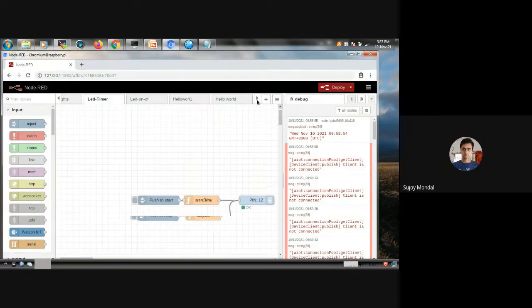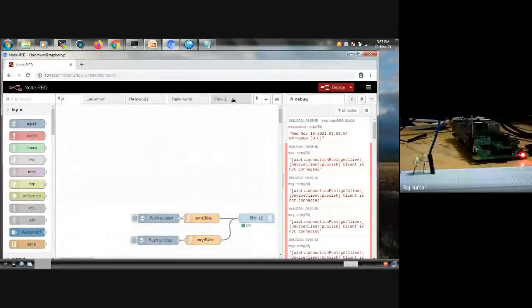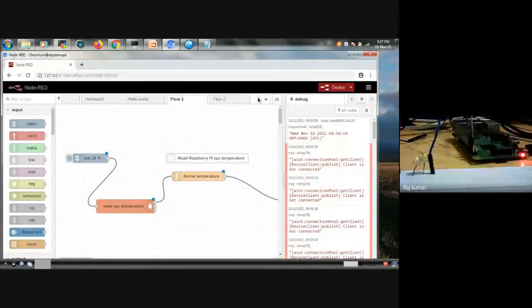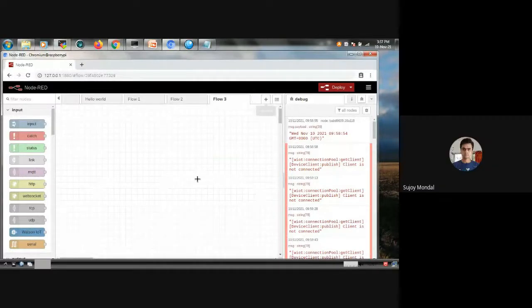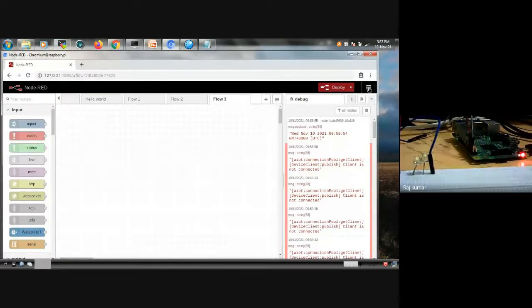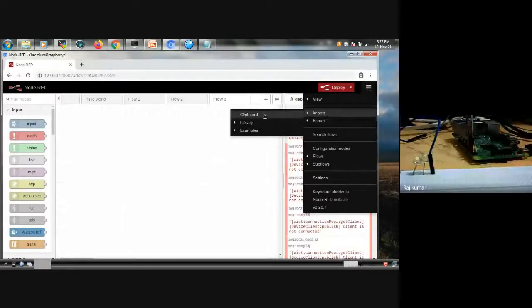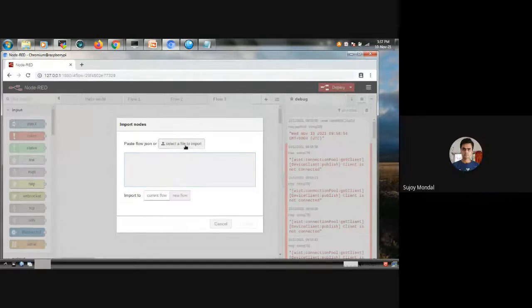Okay, I can share my screen. See what we have to do in that case. Here I am creating one flow, flow 1, for example. Flow 2 is already there. I'm going to add one empty flow 3 like this. Now we have to go to the same options, import clipboard, and you have to open that file from where you have saved it, sir. From which location you have saved.